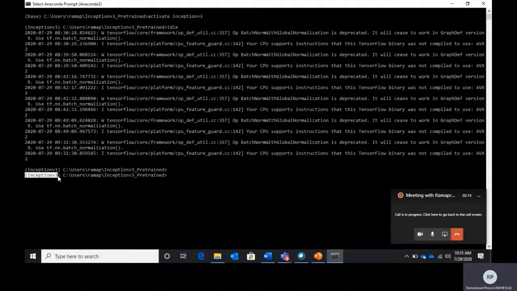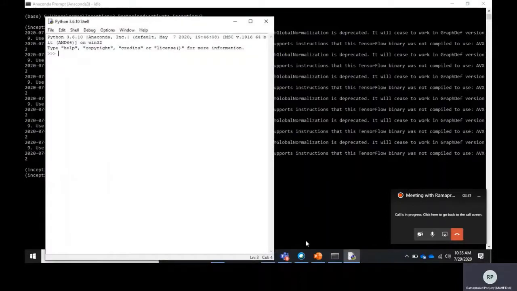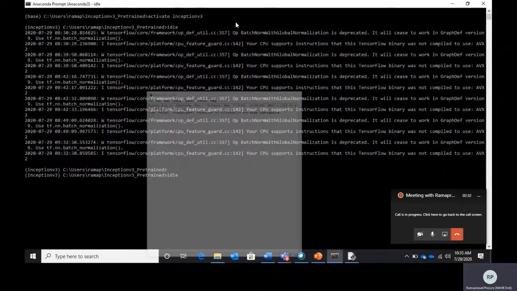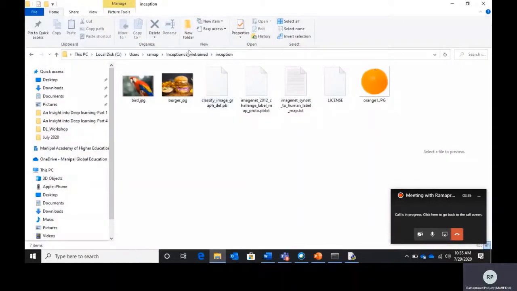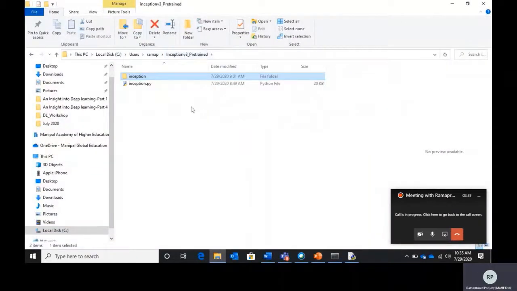Inception V3 is the name of the virtual environment which I have created and activated, and this is going to be my path. Let me launch the desktop Python environment called IDLE. I'm launching the desktop Python environment.